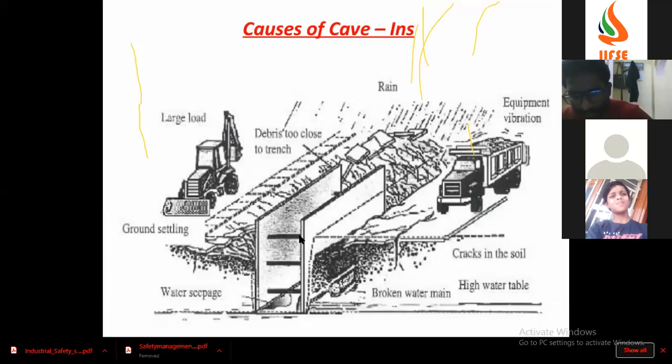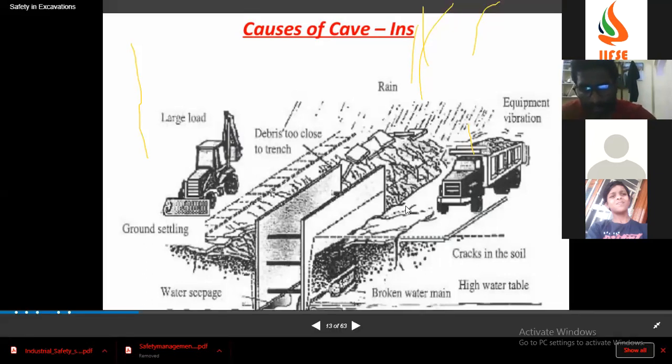The wood will be kept on the surfaces, I mean on the edges on both sides, and by means of mechanical or pneumatic force, the boards will protect the sand from falling in. Okay, so what are the equipments you are seeing? You are seeing the procliner, you are seeing the moving trailers. See, the procliner and the trailer should be away from the edges. That is the main thing to do.